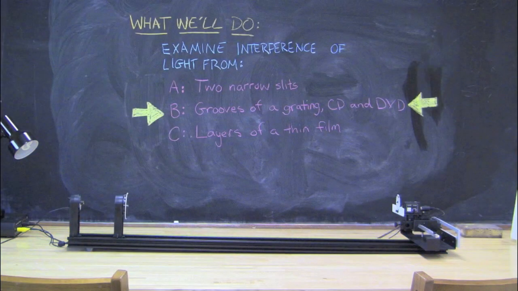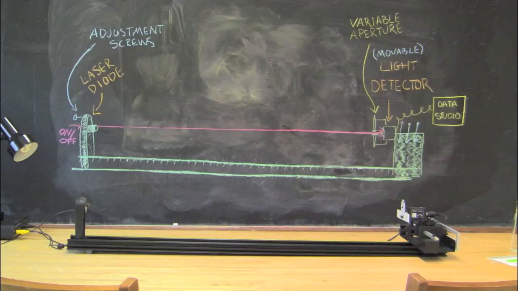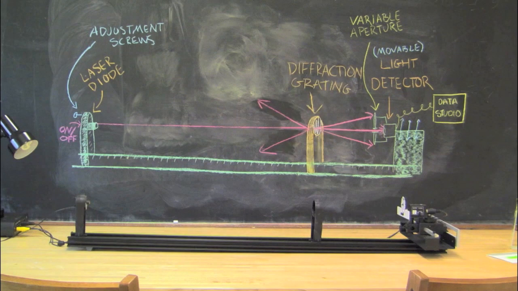Let's move on to many slit interference, or diffraction, from a grating with 1,000 lines per millimeter and from the grooves of a CD and a DVD for comparison. Go back to our previous setup and place the diffraction grating in front of the detector. In the forward direction, you'll see three beams: the undiffracted, or zero-order, beam in the center, with a first-order diffracted beam on either side. You'll also have beams reflected back from the grating, so be sure to block these with